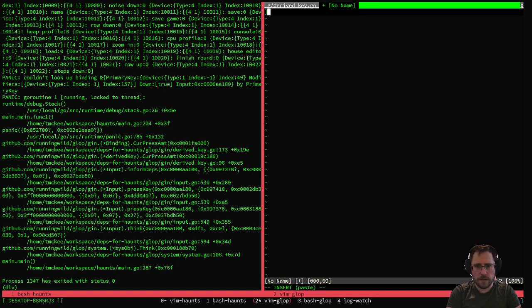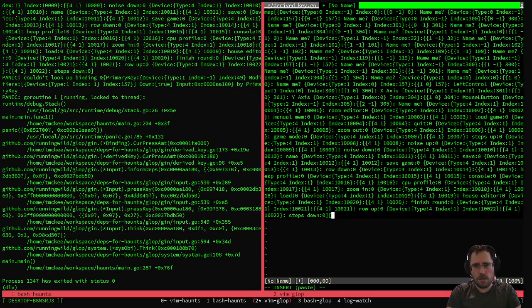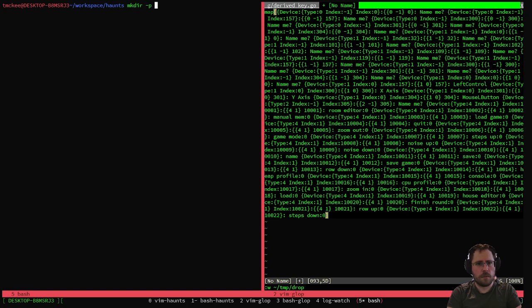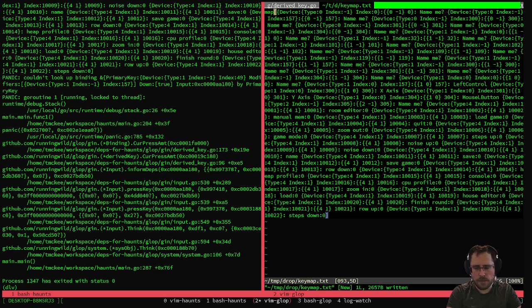I'm going to set paste so that it doesn't try to add indentation and things. Usually I have a little scratch directory called home temp drop, just a place to put temporary files. I could put them in /tmp, but then they disappear because that would be a temporary file system. I actually want to have a real file. Okay, and so now that I've got this,